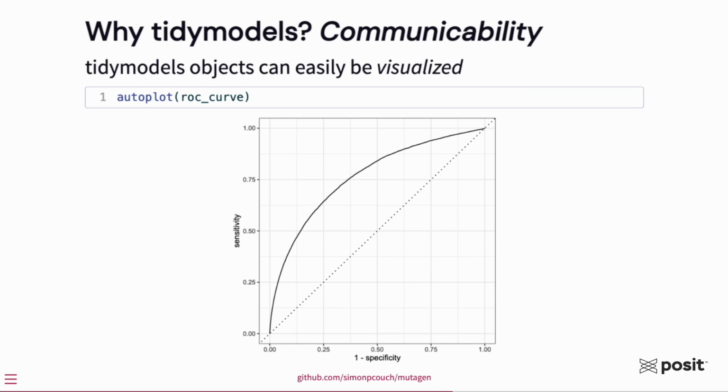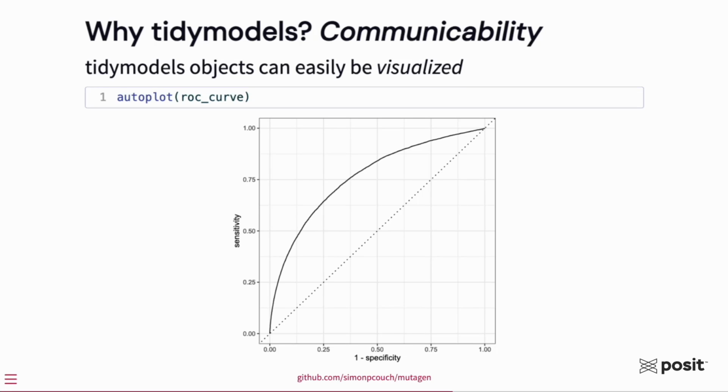Another reason why you might want to use Tidy Models is that Tidy Models is designed to be communicable. All Tidy Models objects, or at least many of them, have visualization functions called autoplot that are associated with them.